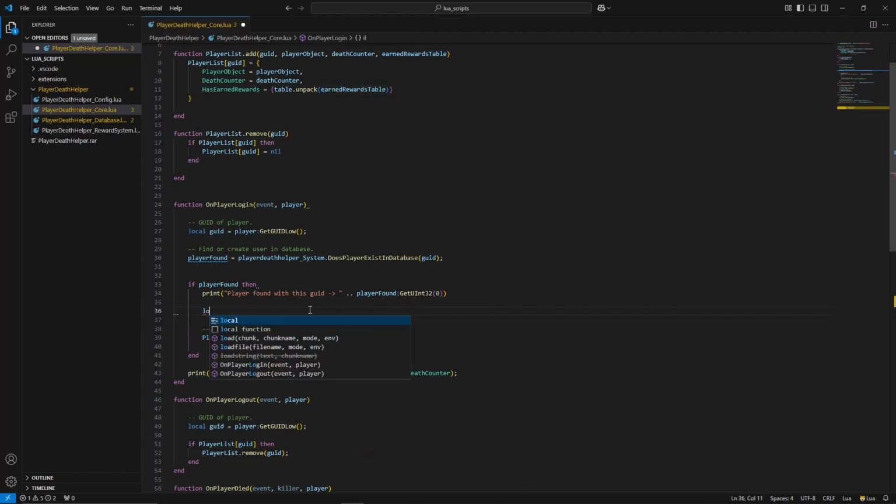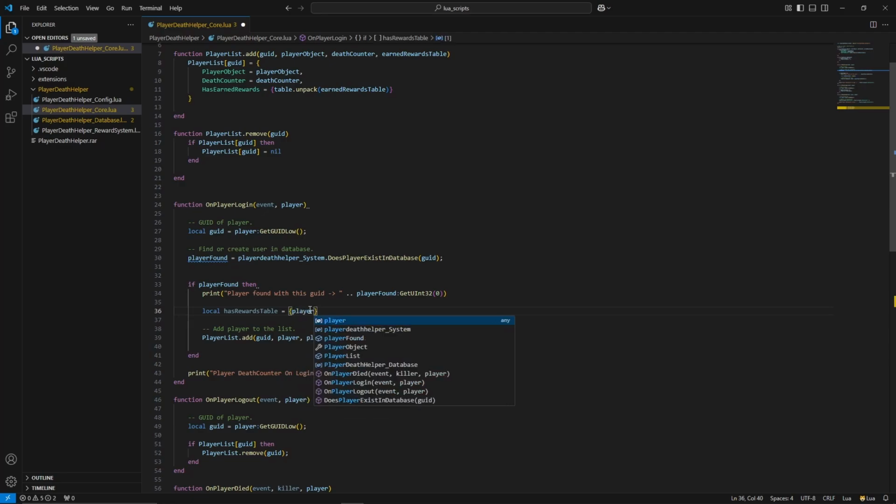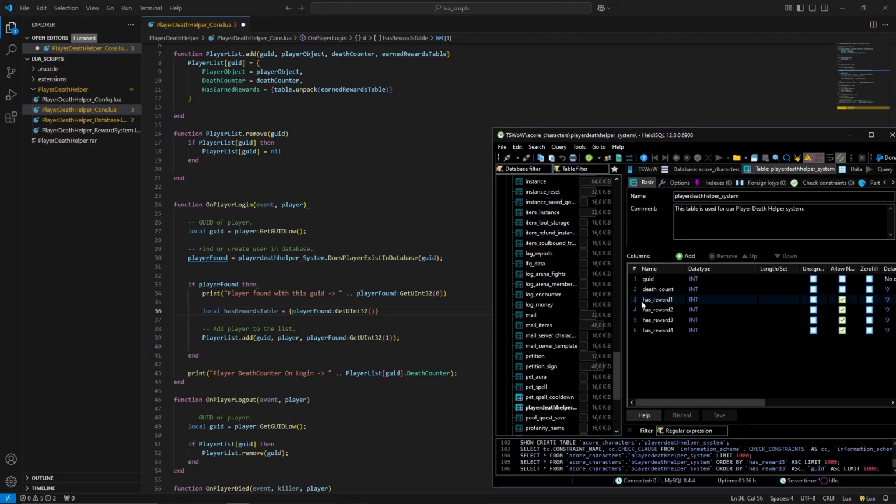To do that, just write local rewards table or has rewards table equals, and then in the curly brackets, we write player found colon get uint32, and in here we now want to write each of the lines. You see this one is 3, we minus 1, that's 2,